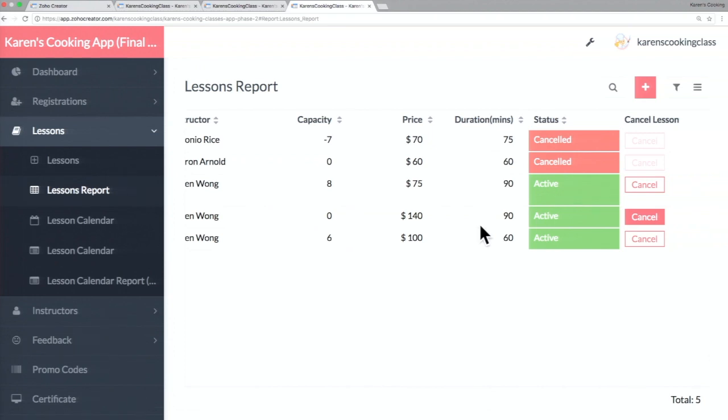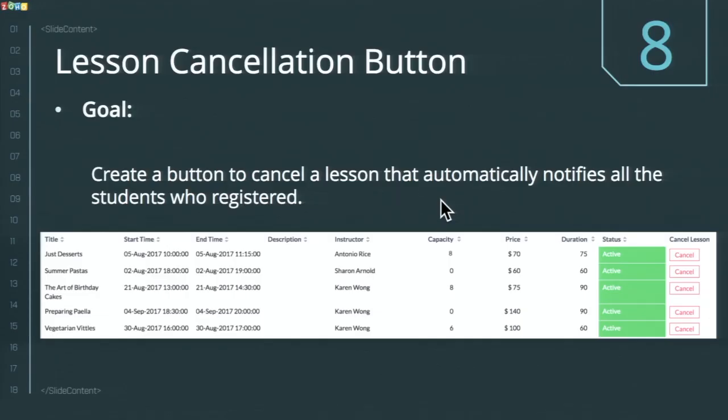Similarly, you can have an activate button also, in case there has been a change in the schedule, and you can probably activate the same classes similar to this. This is a summary of what the record looks like after we have created the custom action.